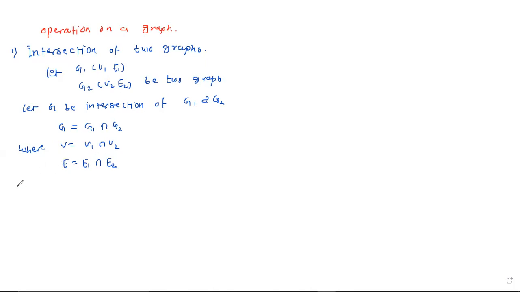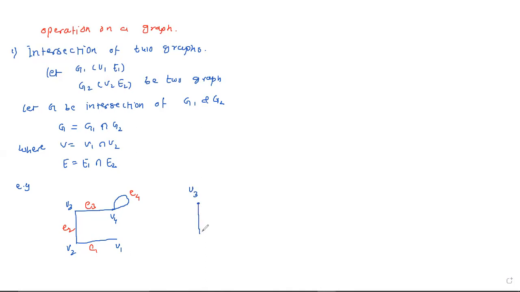So suppose we take one example. Okay. Suppose this is one graph, and here we have a self loop. Okay. And suppose we have V1, V2, V3, and V4. Okay. And suppose edges are E1, E2, E3, and this self loop is E4. Okay. So this is one graph, and another graph we have V3 again.